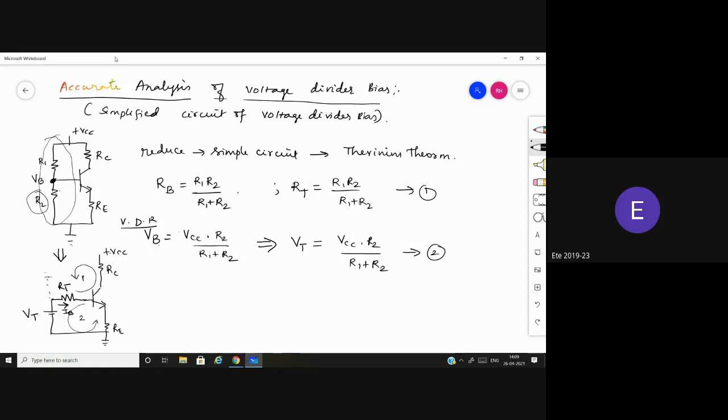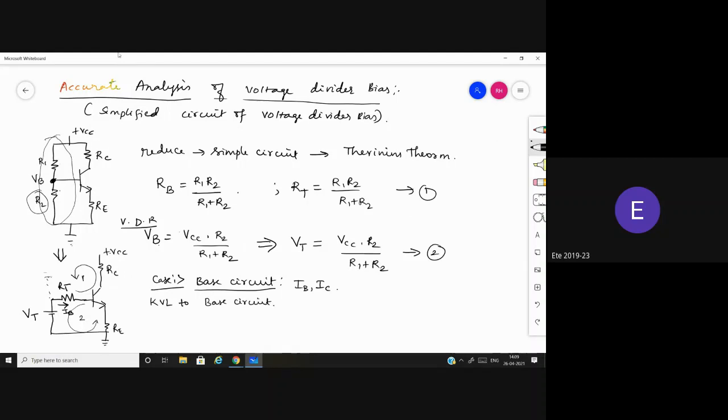Once we are done with this, at the input side, what is our intention? We take two circuits and we find the IC, IB, and VC values. Yes, but our main intention in applying KVL at the input circuit is to find IB and IC. Now, applying KVL to the base circuit.